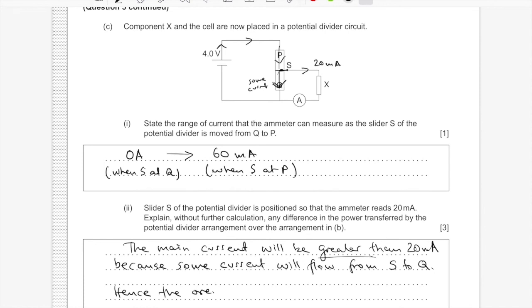So that is what we're going to write here. Hence the overall dissipated power will be greater than, sorry you can't see that, but I'm going to scroll up in a minute and you can see. So it's just P equals VI again, where the V is still 4, but then we have a slightly larger main current compared to